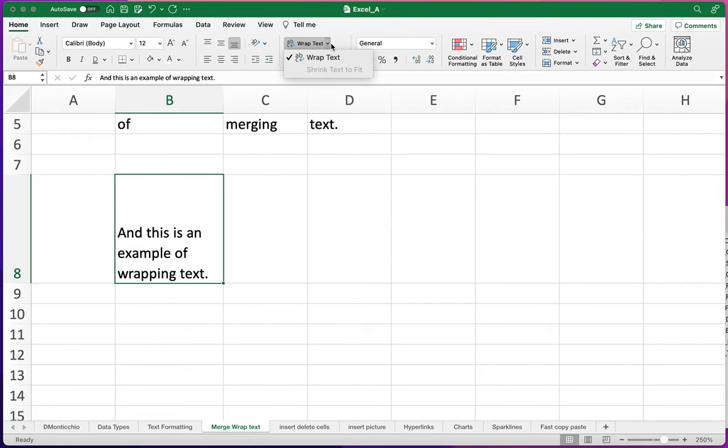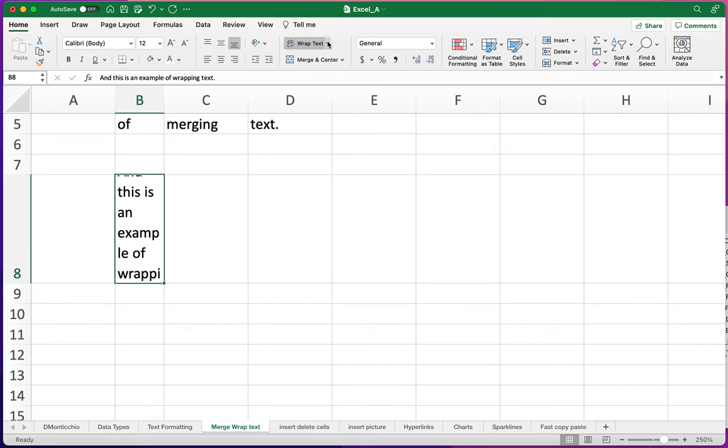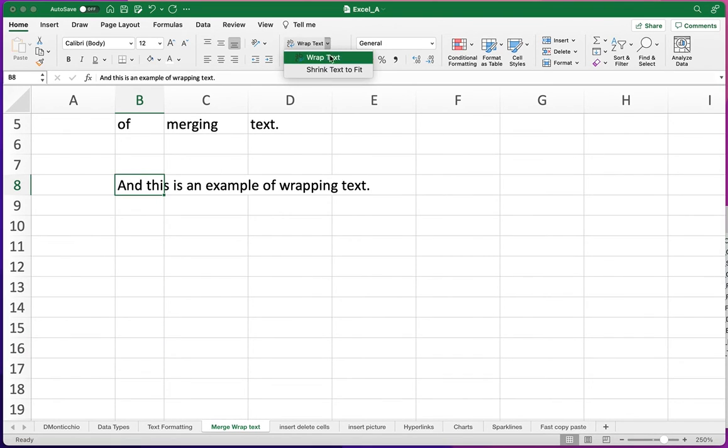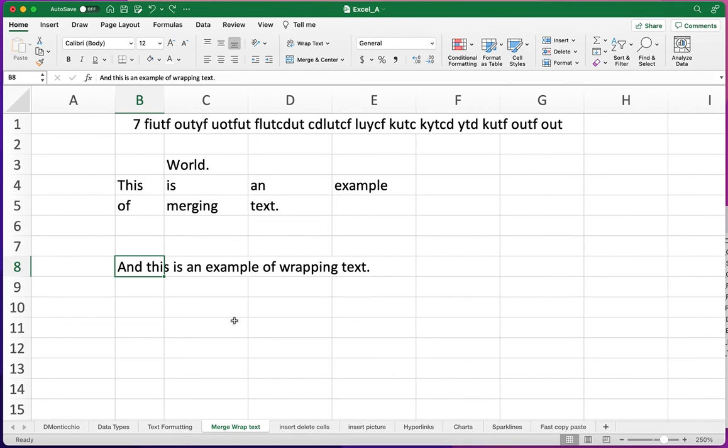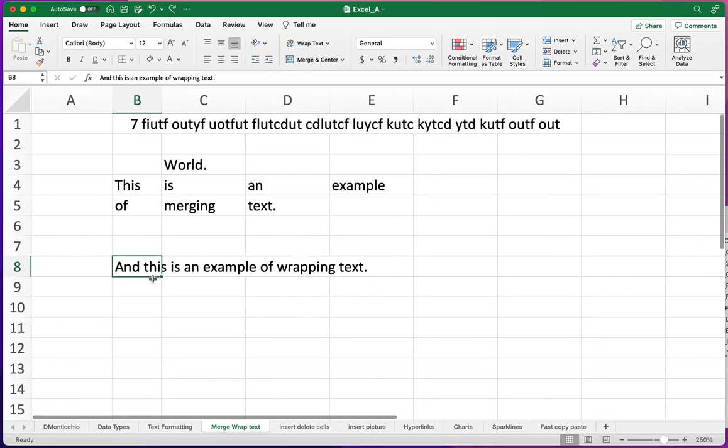Now, the other option I had there was the shrink text to fit. So let me try to make it something tiny. So now I have, unwrap it. Let me go to shrink text to fit. And now it's teeny tiny, itsy bitsy in order to fit. That's another option you have available. I would not necessarily recommend doing that, though. I would recommend you wrap your text in a way that makes sense. And that's how merging and wrapping text works on this Home